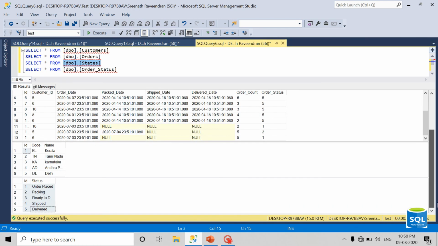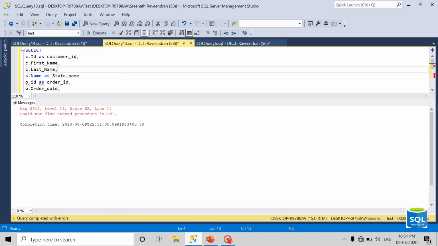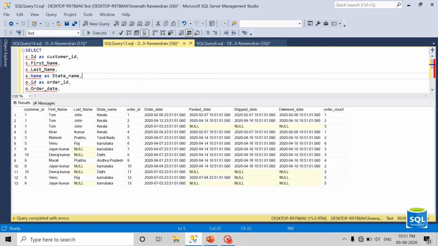This is the state table, with id, code, and name, so each state has a code and a corresponding primary key, that is id. So I used s dot id equal to c dot state id. The state name has to be with a comma. Yeah, now I got the state name here.